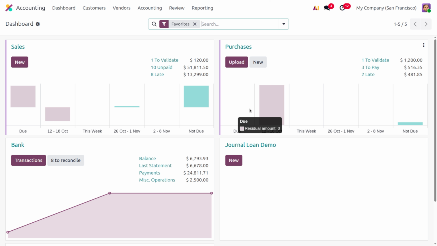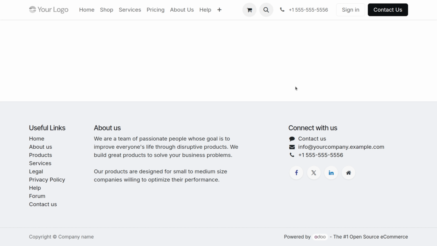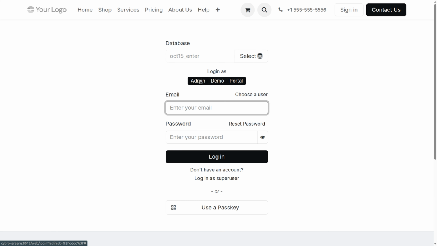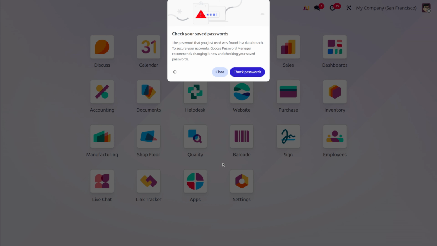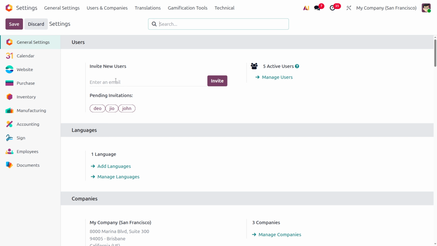Now let's consider the other user. To manage the other user, you can log out from Mark Demo, and let me just move on to another user. Now let's move on to the admin, and here in the general settings you can see that we can change the access right of Mark Demo. So I would like to choose the user over here, and under Mark Demo,